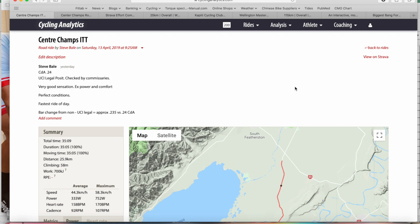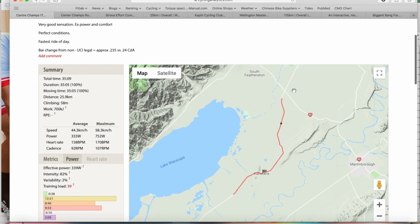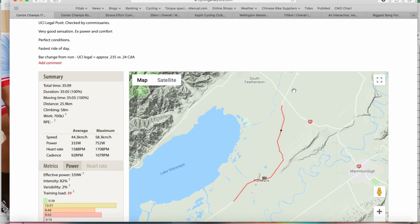Let's go in to look at data from the Centre Champs time trial. I made some notes. It was perfect conditions, so it was a really good day to determine pretty accurately your drag. I figured my drag for the day. This is an interesting thing. At Centre Champs and National Champs, bikes are checked for UCI compliance. As I've mentioned before, that means that your bike has to fit